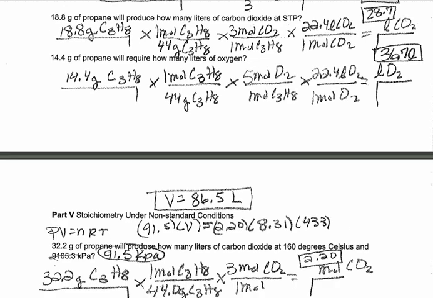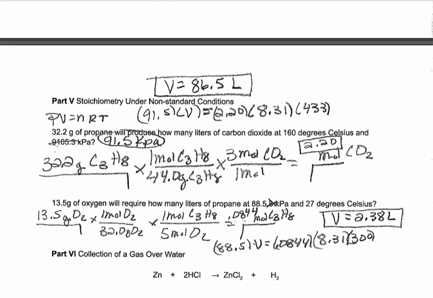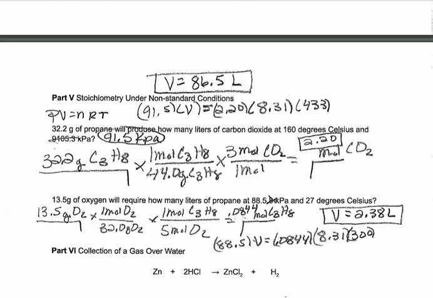Now, what if we are going to be at non-standard conditions? So how do we handle that? Well, we have to use the ideal gas law. You're going to find that the steps are the same. So if I have 32.2 grams of propane